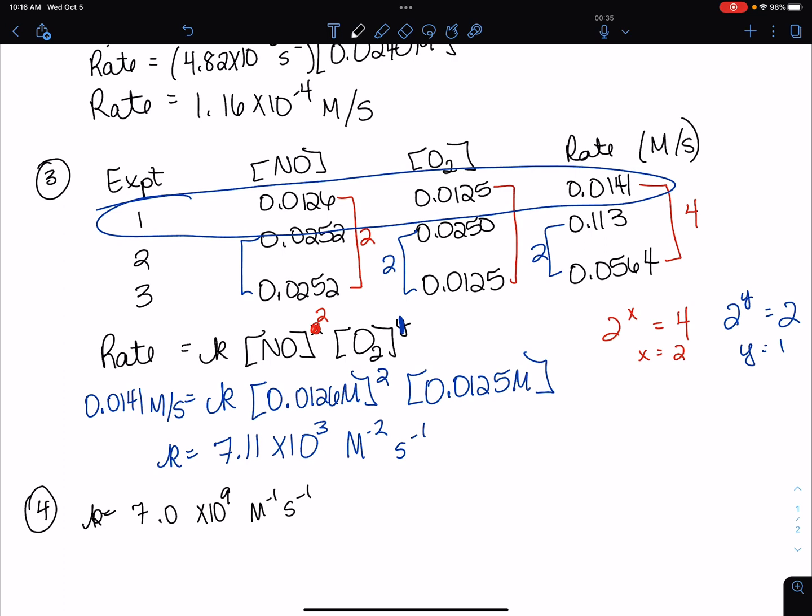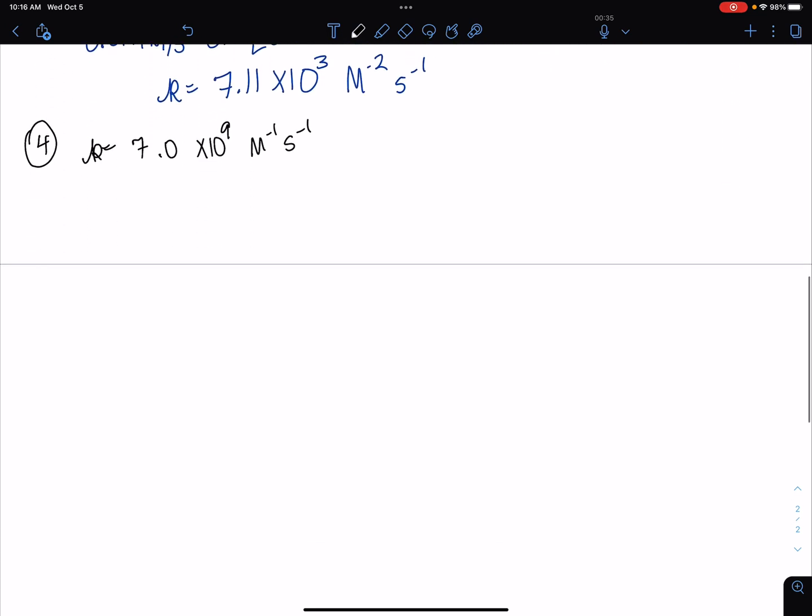We can tell from the units of the rate constant that this is a second order reaction. We're told that the initial concentration of I is 0.0860 molar, and we want to know the concentration of